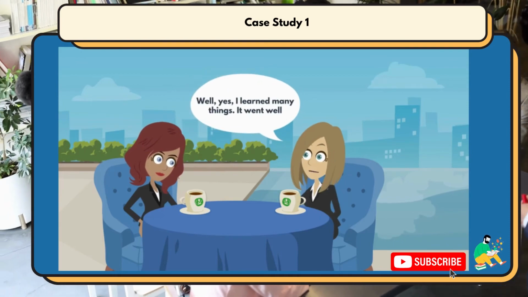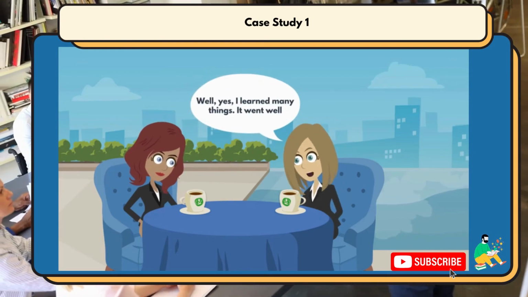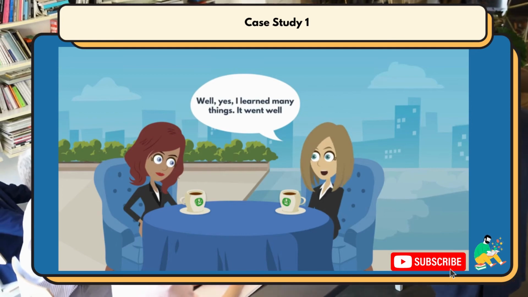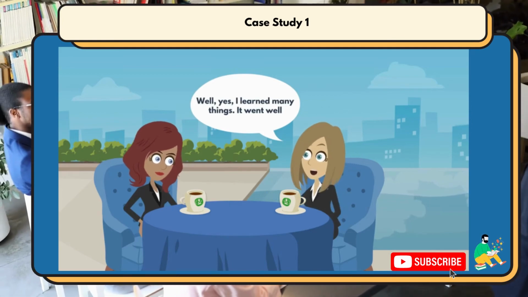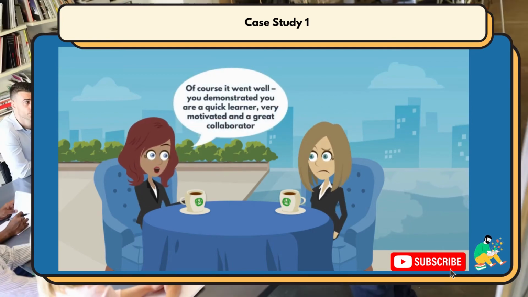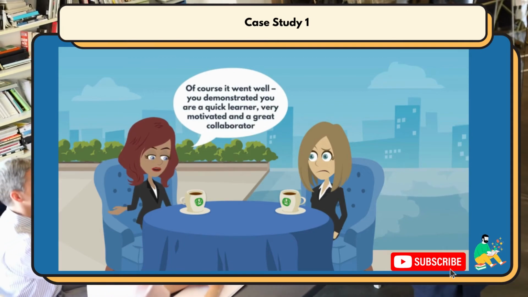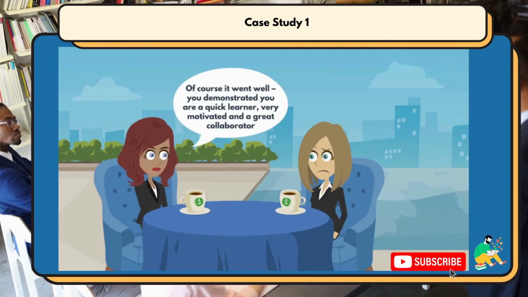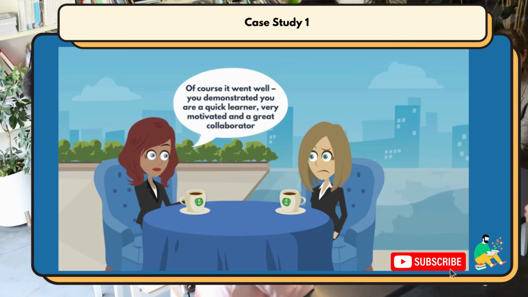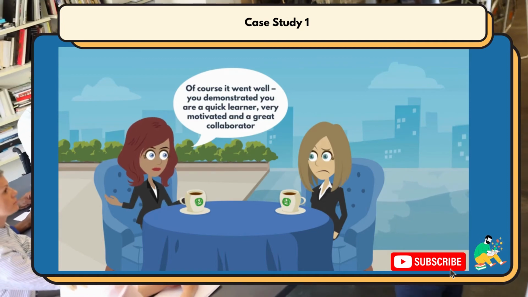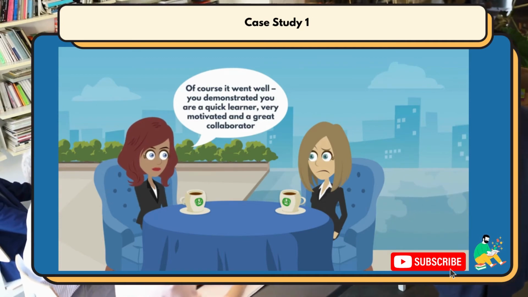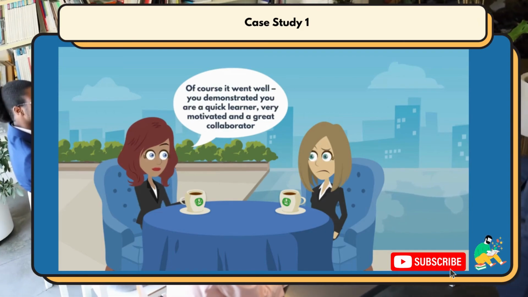Ray admits, "Well, yes, I learned many things. It went well." "Of course it went well," Sonia smiles. "You demonstrated you're a quick learner, very motivated, and a great collaborator. You helped the different experts work together to achieve the common goal. And that's what you will do now."